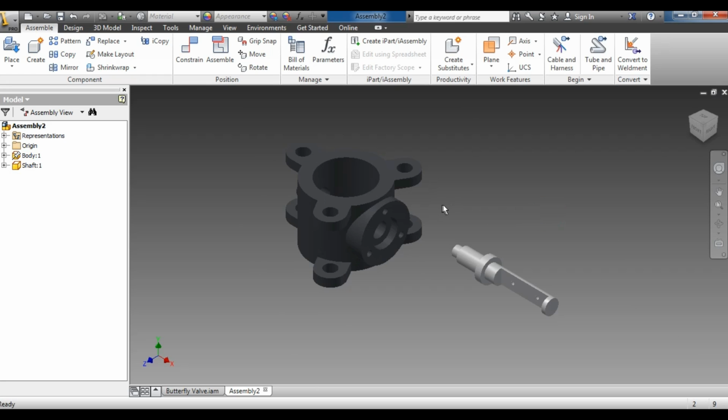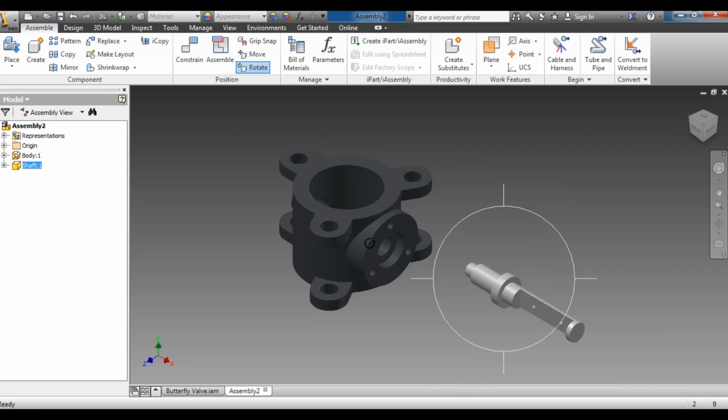For that, first I'll rotate this shaft because this end will go inside. Okay, I'll rotate it properly. Once I have rotated this part,